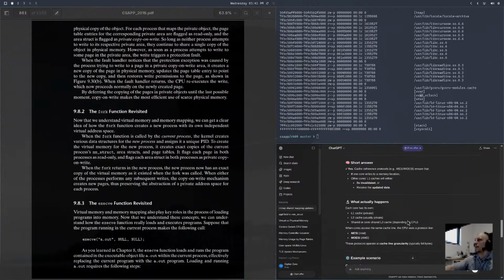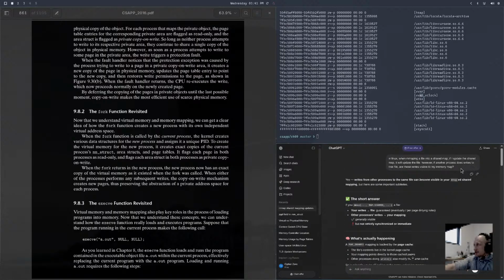Oh, okay. I did want to ask it one other question, which is my original question. So back to mapping. If I have a private mapping to a file on disk and something updates the bytes on disk, I imagine my private map, if I have a private mapping that I am reading from, would eventually see those updates due to cache coherency and page